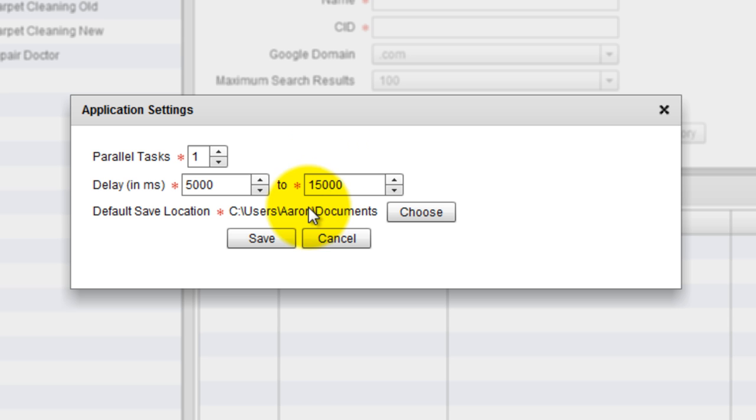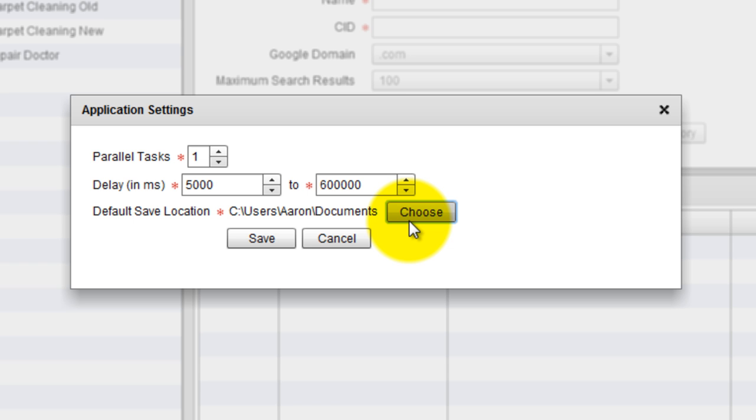So I suggest you come in here and you set it up, and I think the maximum is 600,000, which I think is 1 minute or 10 minutes, I can't remember. And that way, obviously, that's going to take an awful long time, but it's not going to trigger the Google captcha system because it's very natural that you would do one page of Google every X amount of time, not every 3 seconds. That's what that delay is for, and the default save location is just purely a point of